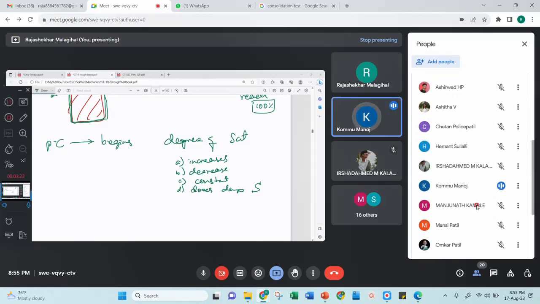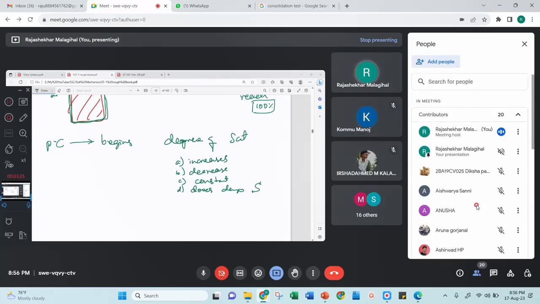Sir, it's constant, sir. Constant. How can you prove it? How can you say that it is constant? Reasons? Sir, degree of saturation does not depend on void ratio, sir. Hmm, it is not depending on void ratio, but I am not talking anything about void ratio here. Expulsion of water and degree of saturation.